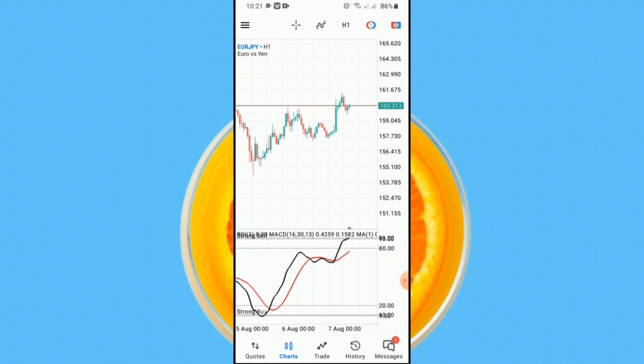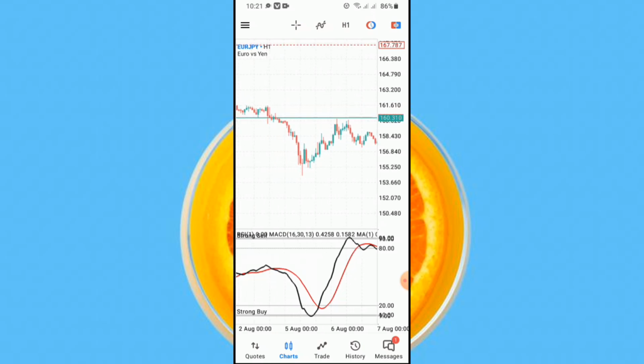Now, how do we place our entries? Let me just show you a bit. If we want to make a sell or a buy entry, it's important that we consider the 90 line level and the 10 line level. So let's say we want to know how we have to buy. If you want to make a buy entry, what you are going to do is wait for